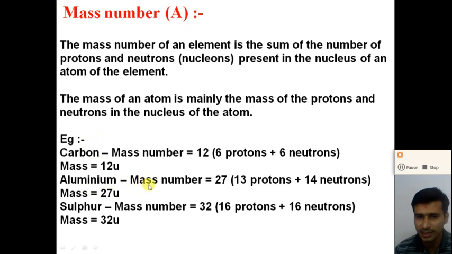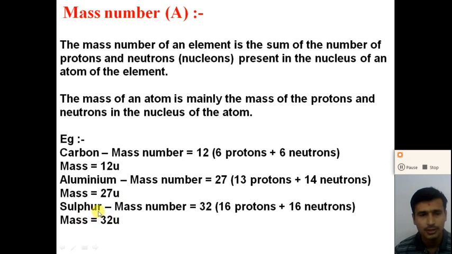Aluminium: the mass number of aluminium is 27, and from the above table the atomic number of aluminium is 13. So out of 27, 13 protons are there and 14 neutrons are there in the aluminium atom. So the total mass of the aluminium atom is 27 AMU. Similarly,